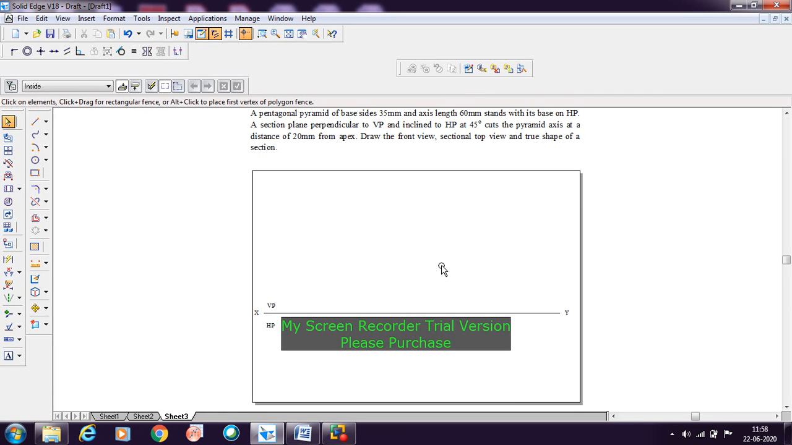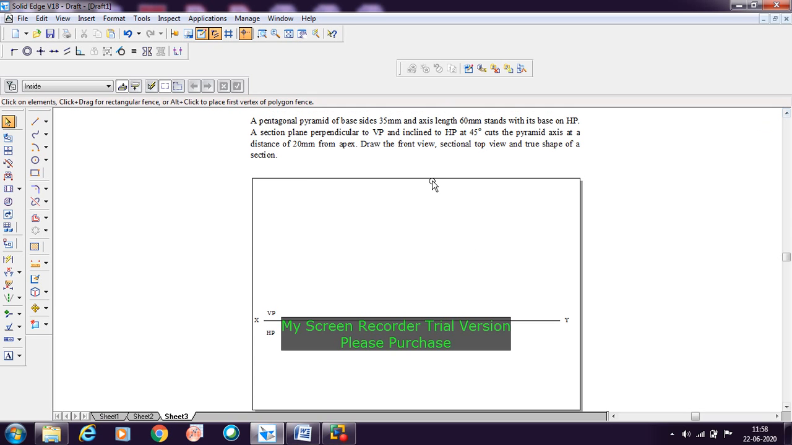Welcome to the session on section of solids. We'll go with the question. So it is given on the pentagonal pyramid. So the question is like this: a pentagonal pyramid of base edges 35 mm and axis length 60 mm stands